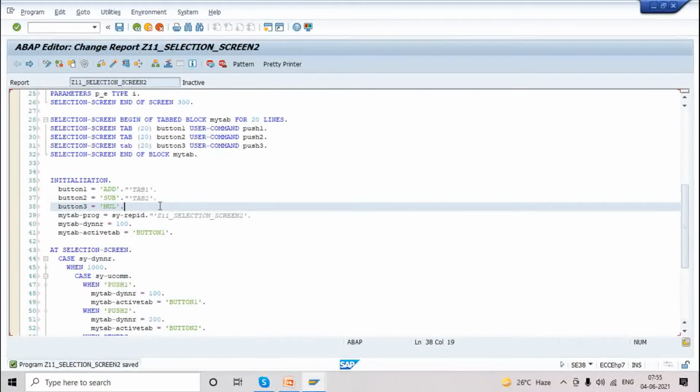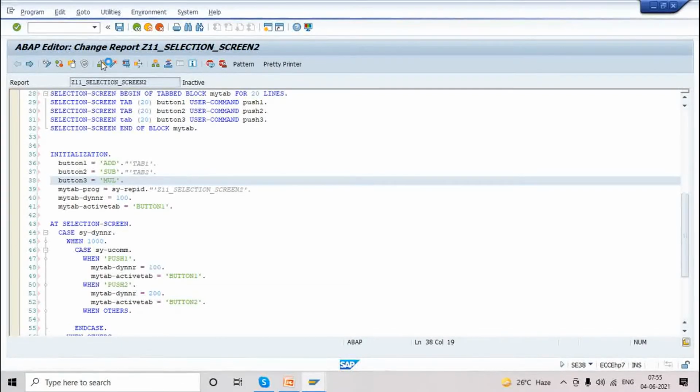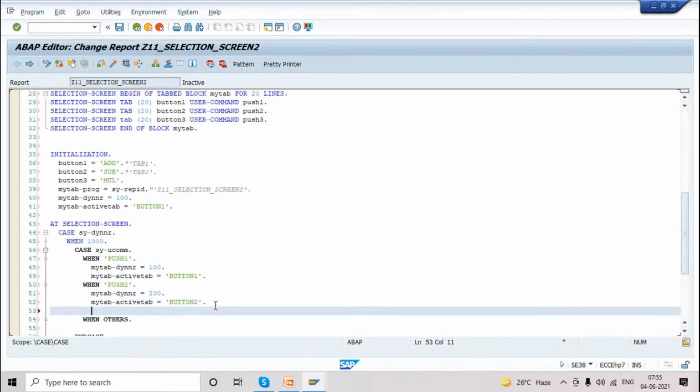Button 3 we added then. Yes. Next, what logic do we have to add? At 53. Okay, 52 enter. When push 3,